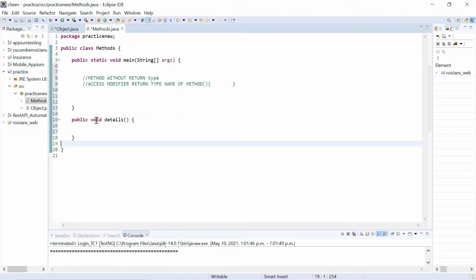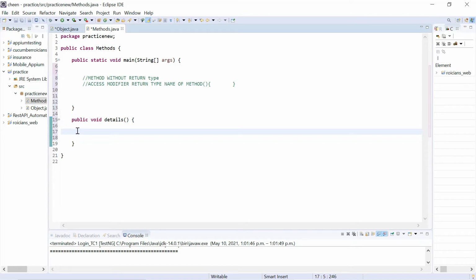Access modifier, return type, name of the method, bracket start and close. You can type anything in it. This is called the body of the method. Guys, whatever you write inside these brackets is called the body of the method. Here you write a block of statements. As I've told you, a method is a block of statements. It's a collection of statements which will be executed only when you call it.